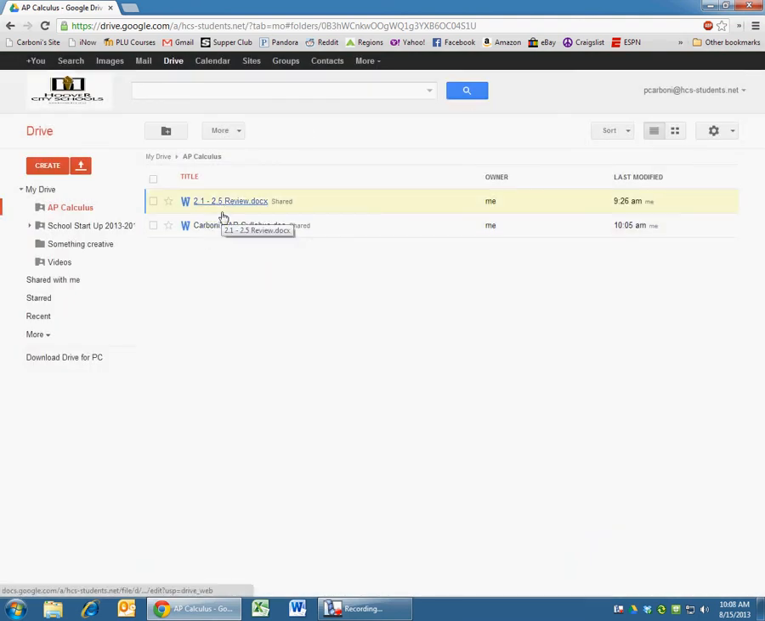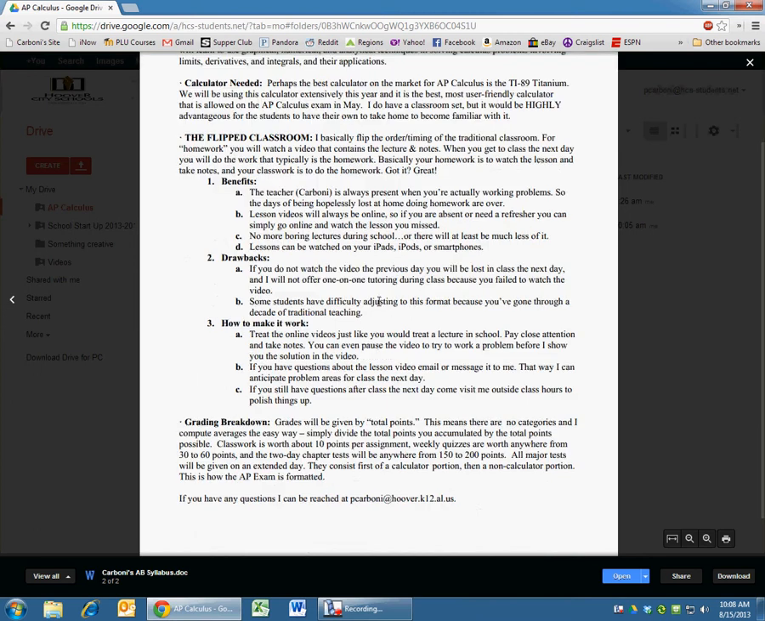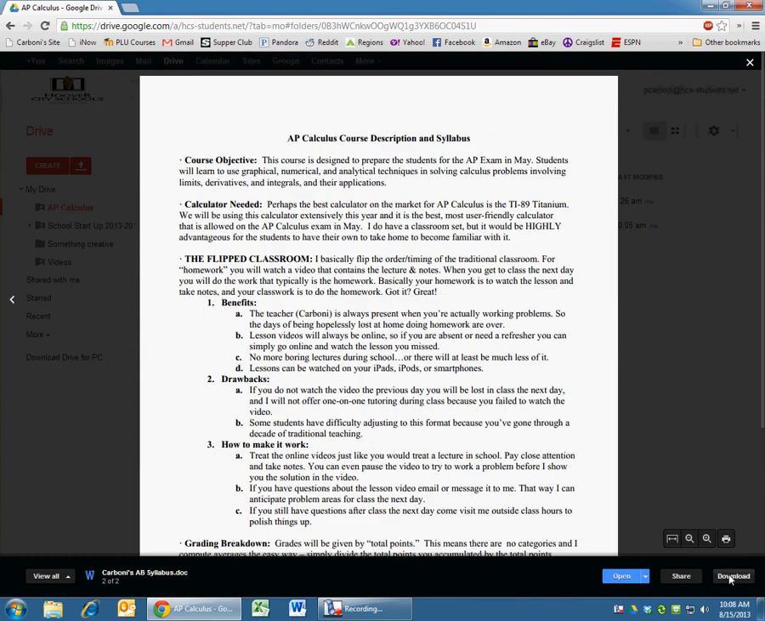So now that I'm back in Google Drive, I will click on my syllabus, AB syllabus, here it is, and this is strictly a preview. You can't do anything with this other than look at it and admire your handiwork. I want to edit this, so what I'm going to do is download this Word document to my computer. So I'm going to do that by clicking download right here,